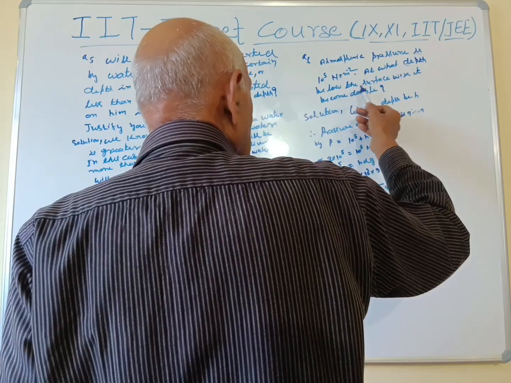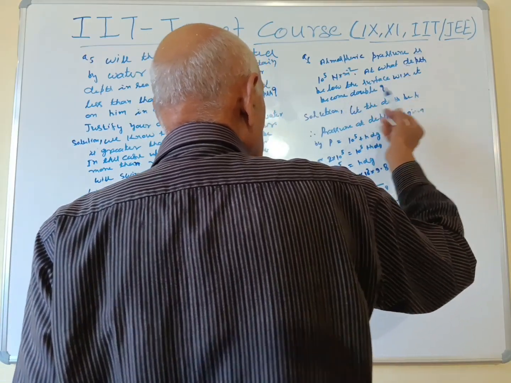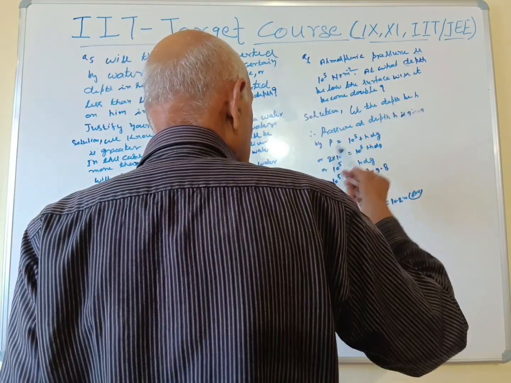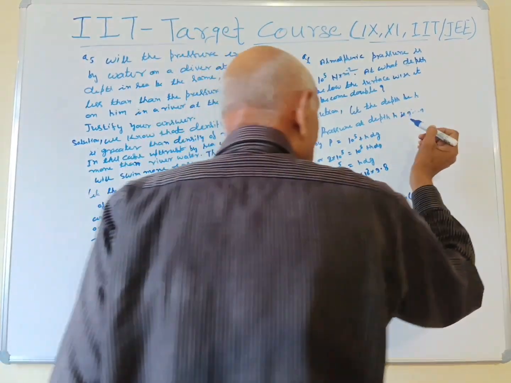At what depth below the surface of water will it become double? Solution. Let the depth be h. Therefore, pressure at depth h is given by